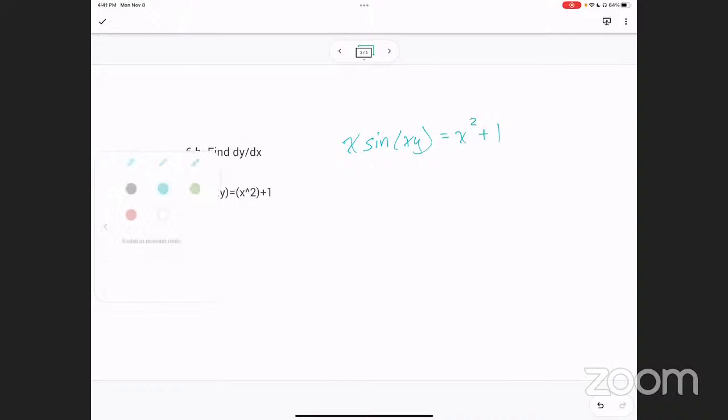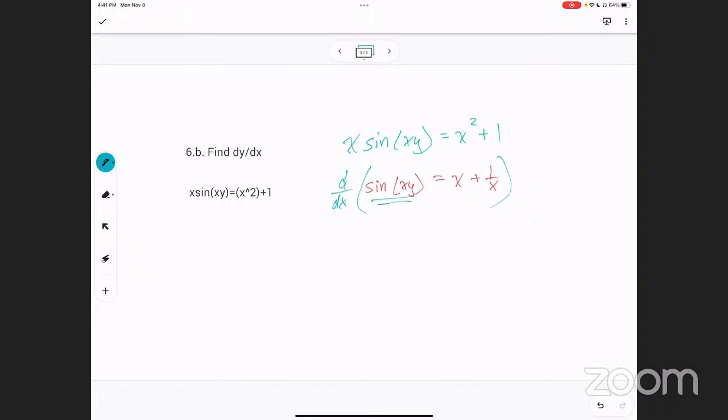Not really much I can do to simplify that, right? Well, you know what I could do? I could divide both sides by x, just to make it a little bit simpler, because then it would be x plus 1 over x. You understand? So now when I take the derivative of both sides with respect to x,